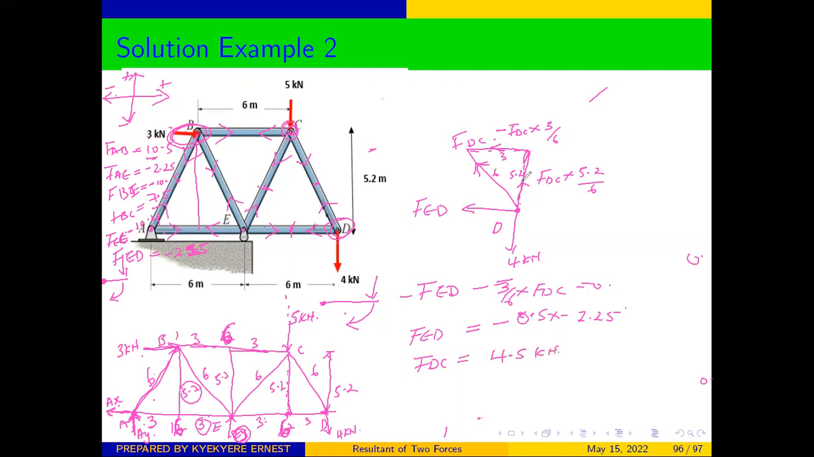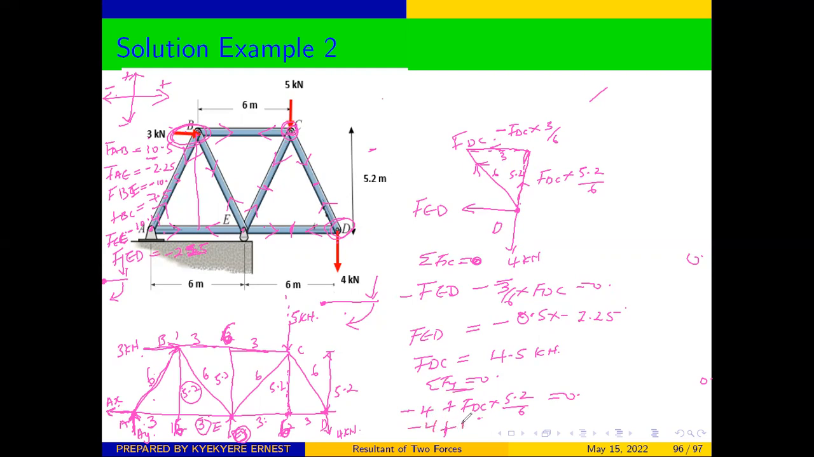Now we can use this side because you have already calculated FBC. We can check whether, when we sum the Y, it is equal to 0. So this is for sum of Fx equal to 0. We can check the accuracy of our results by using sum of Fy should be equal to 0. And here we only have two y's. We have 4, which is coming down, minus 4, and then the y which is going up. We have FBC times 5.2 over 6 is equal to 0. And you find out that when you put FBC, which is 4.5 here, you are going to get negative 4